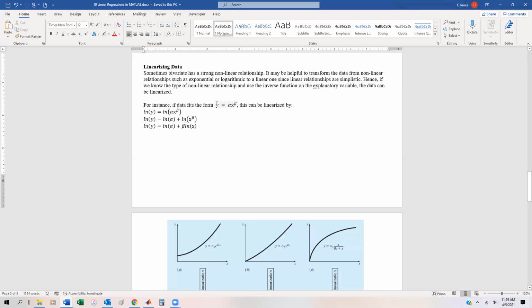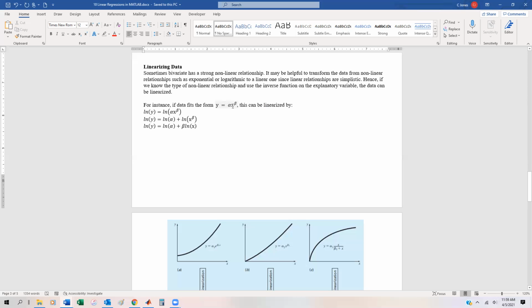For instance, this is just one example: if we have data that fits the power form, y equals alpha x raised to the beta, where x is the independent variable,